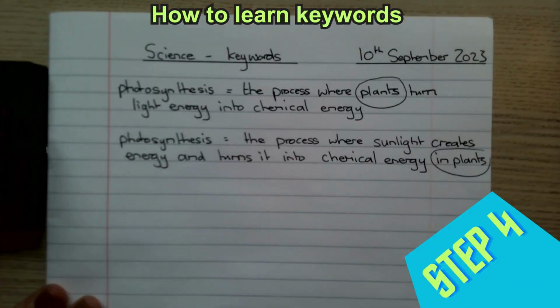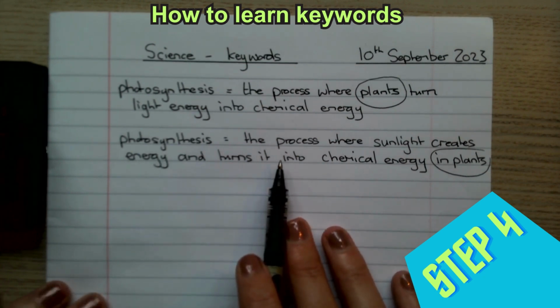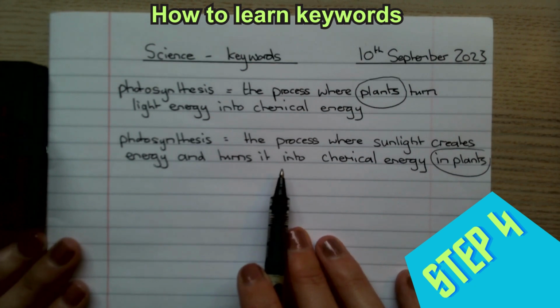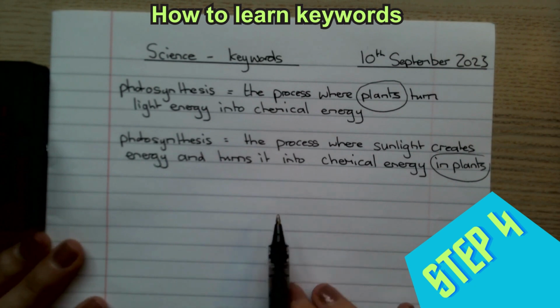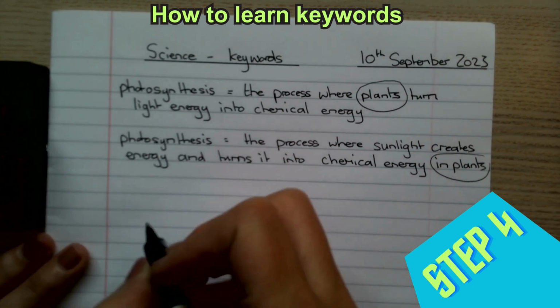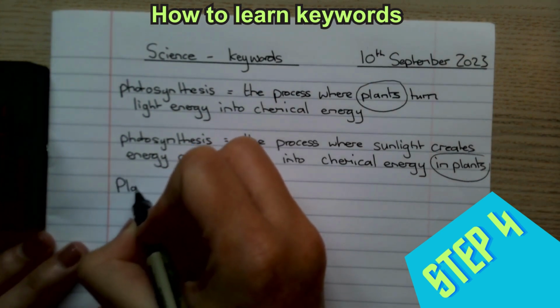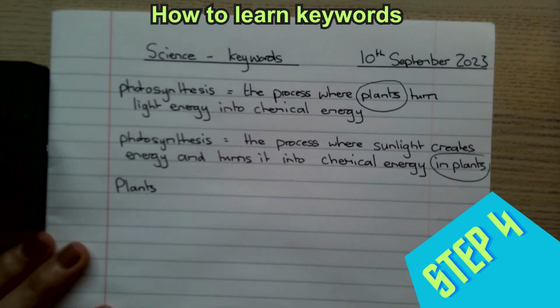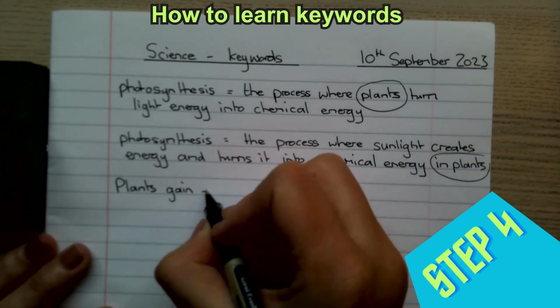So Step 4 is to turn this information into a sentence that you create rather than putting a keyword and the definition. So this is my example, and this is the harder bit, but I do think it does show that you've understood something well, and I think teachers will encourage you to do this lots. Okay, so this is my own sentence now, so I'm going to start with a capital letter. Now I know that photosynthesis is all to do with plants, so I'm going to begin with that word. And this is all about them gaining energy so they can grow. So I'm going to put plants gain energy